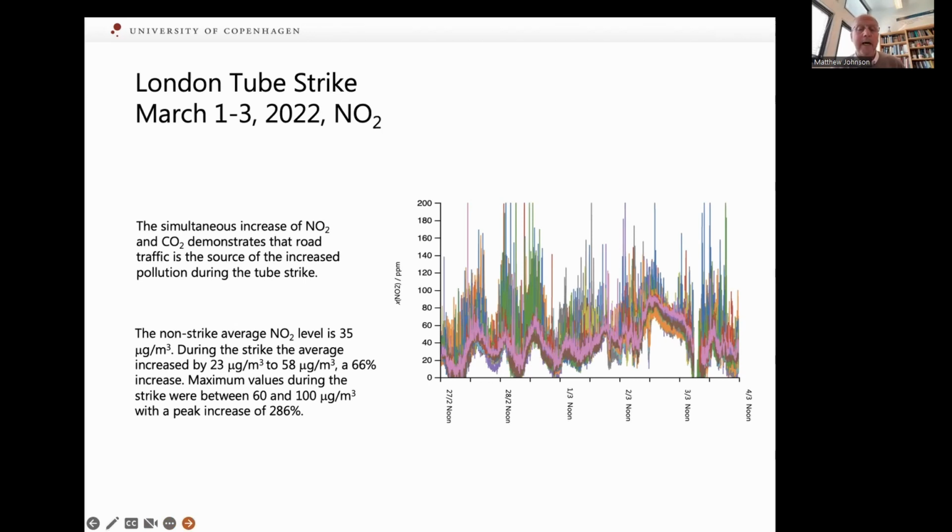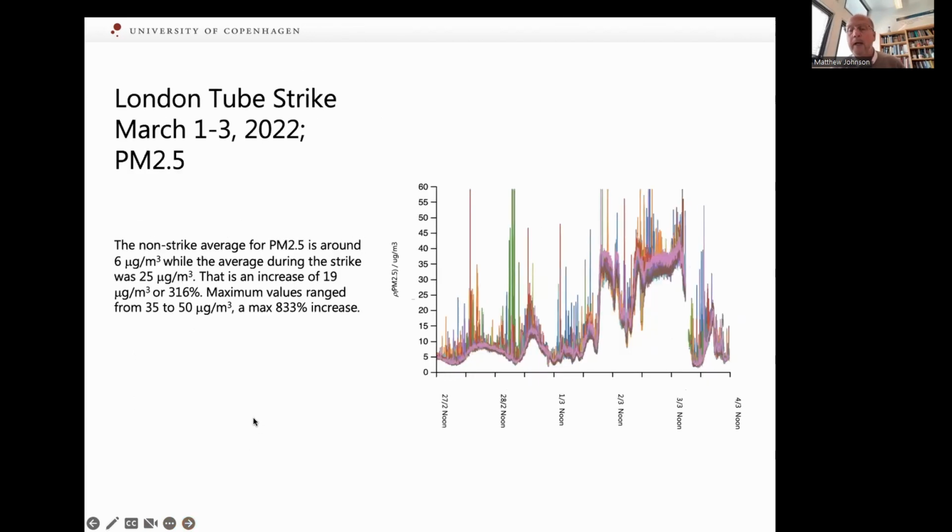So extremely high levels of nitrogen dioxide. We also saw elevated PM 2.5. These are the particles that are able to deposit into your lungs and introduce foreign, often toxic chemicals into your system. Here, the non-strike average was around 6 micrograms per cubic meter, and during the strike, that increased to 25